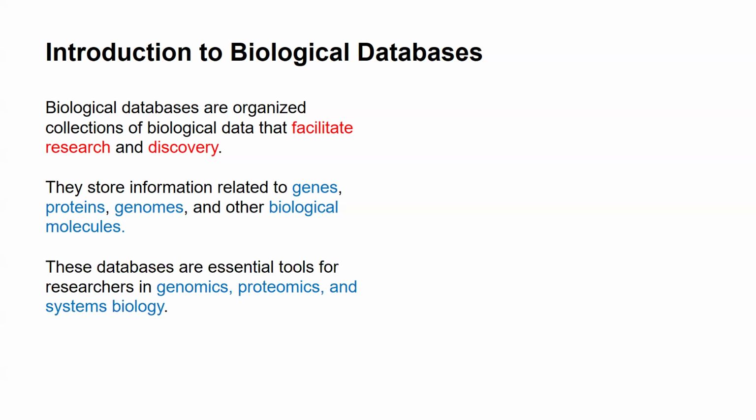So these databases are essential tools for researchers in genomics, proteomics, and systems biology. They are essential tools used by researchers, especially in the area of omics and systems biology. When you say omics, it can be metabolomics, proteomics, transcriptomics, phenomics, and also systems biology. They are also essential in